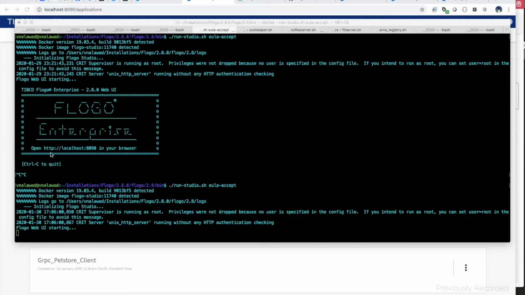The second use case is where I'm going to demonstrate how you can use the protobuf file to generate the gRPC trigger and gRPC client activity, and then use them to communicate with each other. The third use case is where I'm going to demonstrate some capabilities like retry on error, using the REST trigger and REST invoke activity to show how the retry mechanism works. At the same time, I'm going to demonstrate how you can see what is happening using OpenTracing. So these are the three demos that I'm planning.